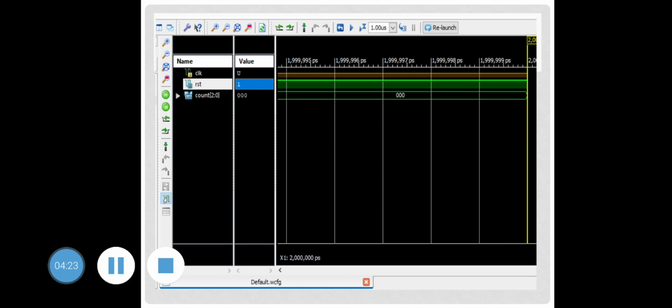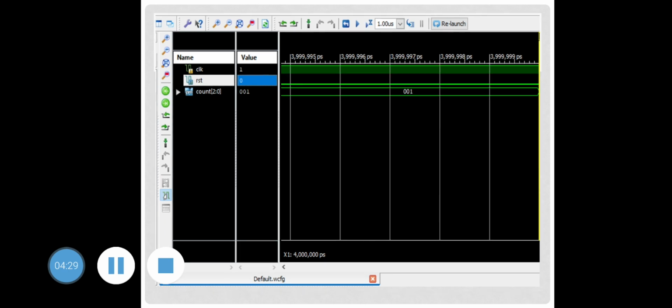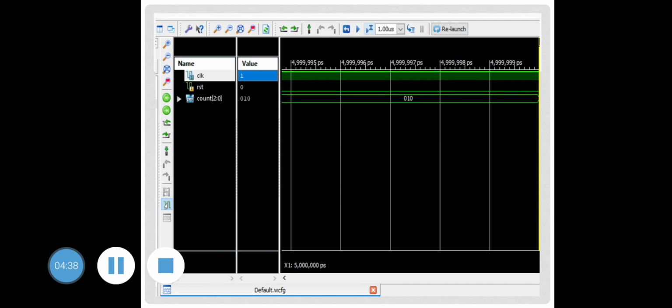When the reset is 1, the count is 000. When the reset is 0 and the clock is 1, so the first clock is given, the count value will change to 001. Again when the clock is given, the count value will change to 010.